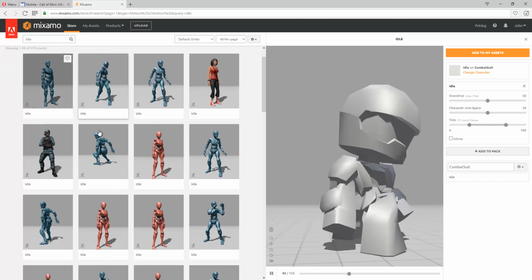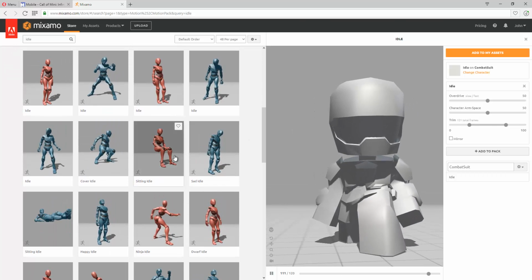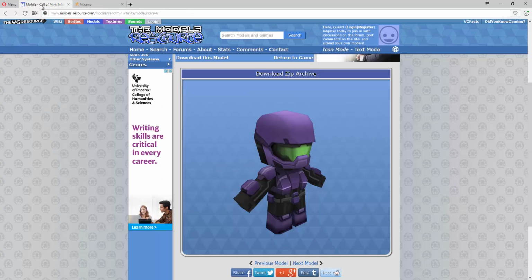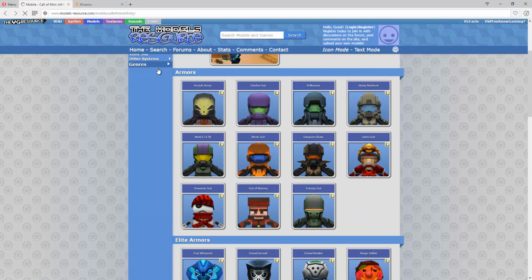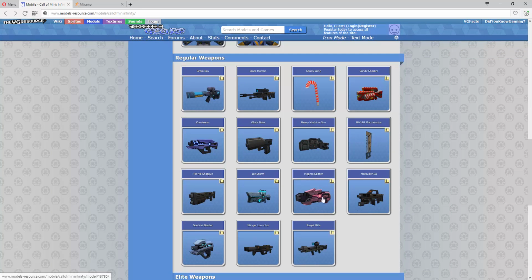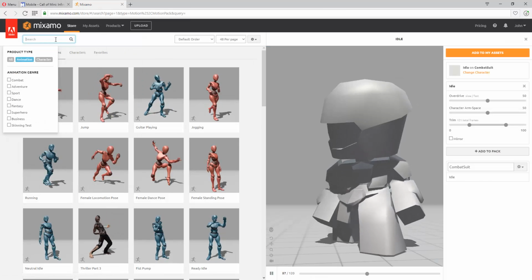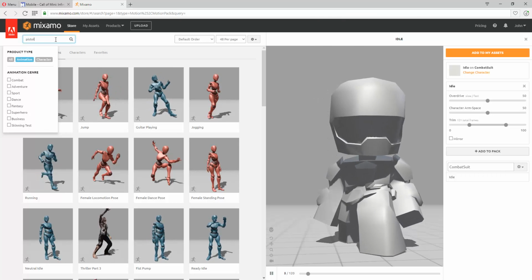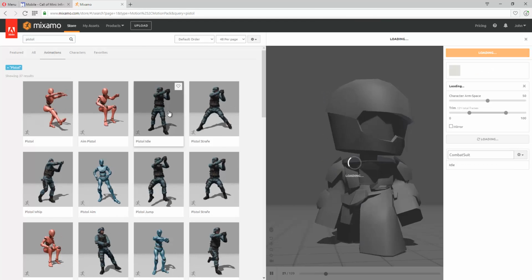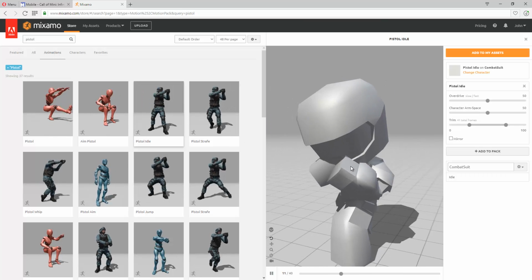I'm not going to add too many to this character. I just want to make it kind of simple. Also, if you look on the website, you'll notice that we have a bunch of guns that he can use. So there's a machete, also some shotgun, grenade launcher, some alien weapons, and a pistol. So I'm just going to search for pistol, and there's a pistol idle.